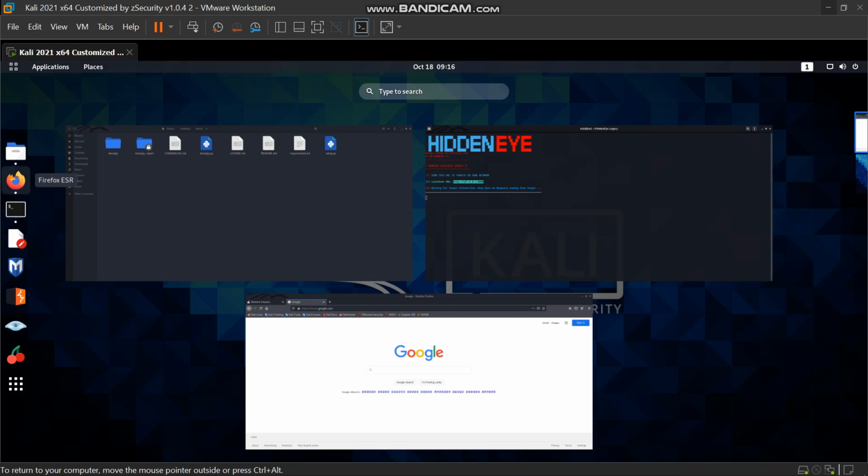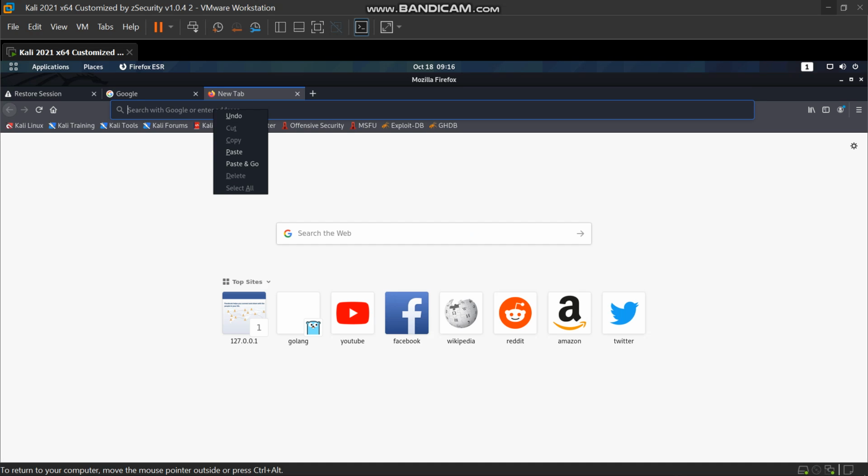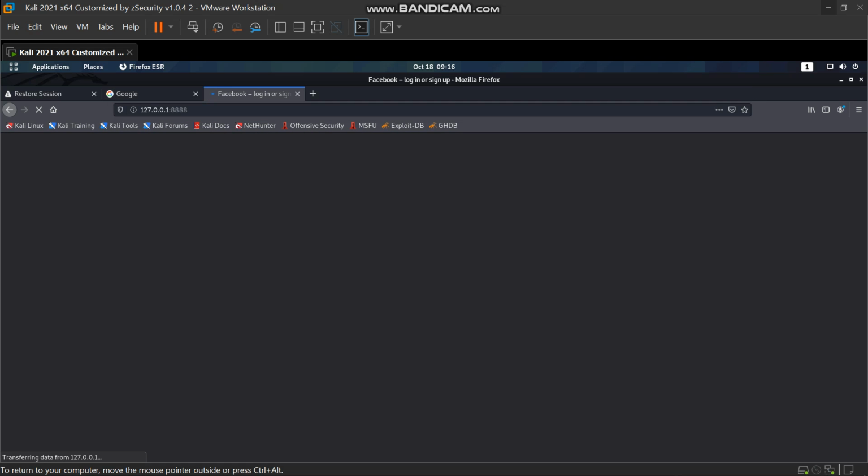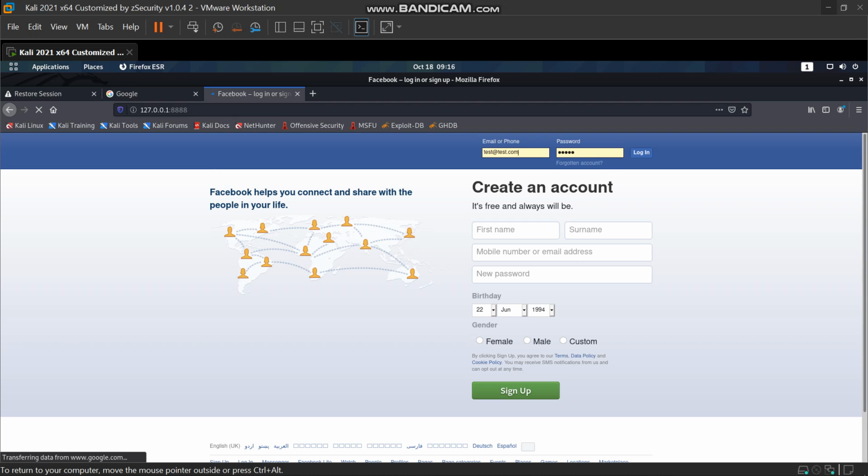As I am the attacker and also the victim, I am using my Kali Linux machine's web browser, and I simply copy it and paste it. Look guys, an exact phishing page of Facebook is created by me using the tool Hidden Eye.